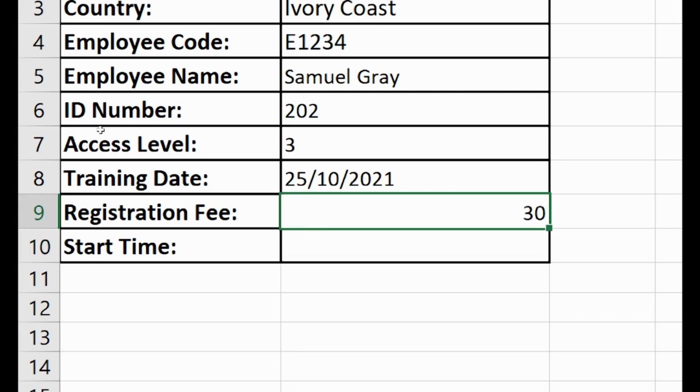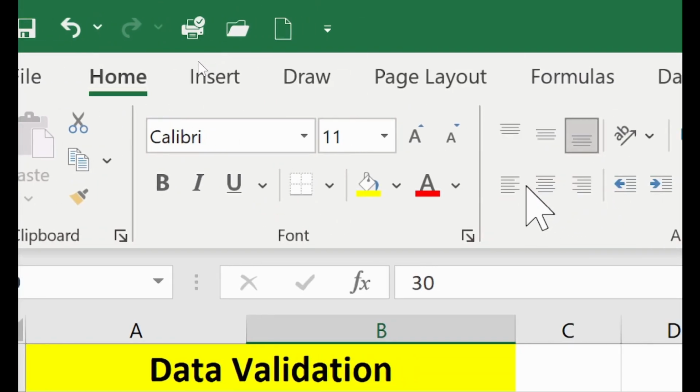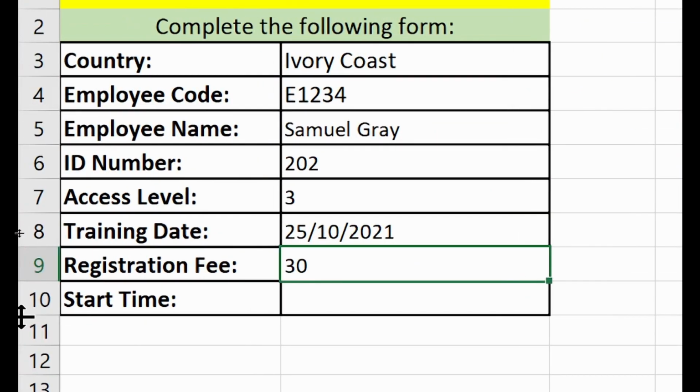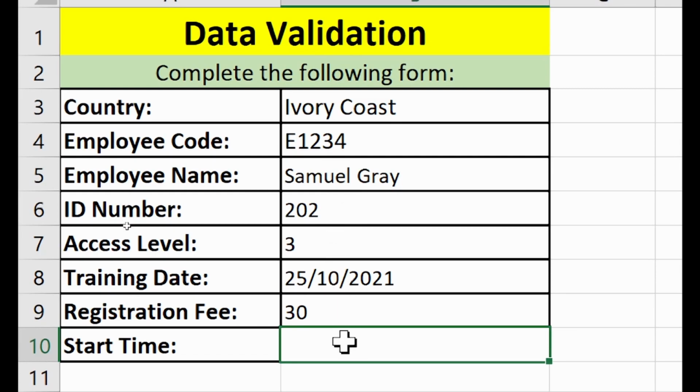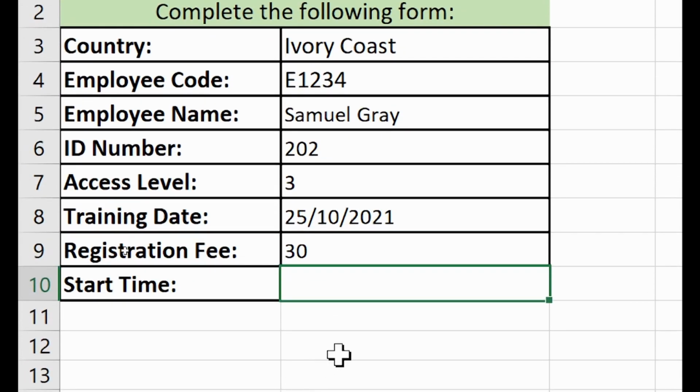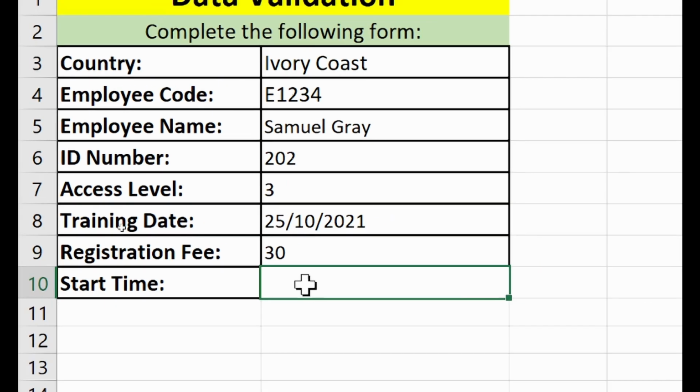will work. Let me align it to the left, home, left, and lastly let's put in the start time. When I finish with this, you are going to do the same thing for me right now. So start time, let's say the program starts at 8 a.m. so we want to put a restriction here that will allow